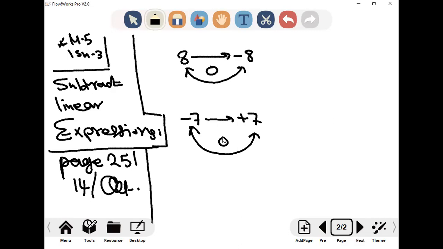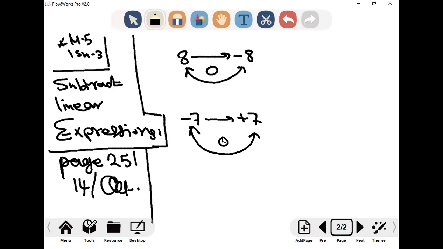7 and negative 7, what's the bigger sign? The answer is 0. Is there a bigger sign? I'm not talking about what's the bigger number of 7 and negative 7. 7 is bigger. But I'm talking about the sign. So here the 0 has no sign. 0 only. There is no positive 0. There is no negative 0. Right? So in the numbers, to find the additive inverse, we change the sign of the number. If it's positive, it will be negative. If it's negative, it will be positive. Today also, the first idea, we will find the additive inverse of a linear